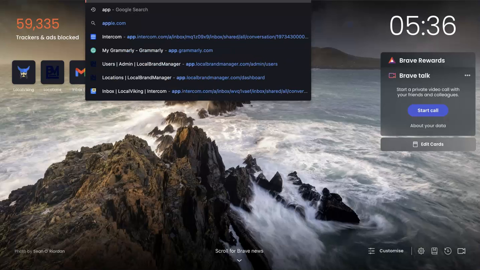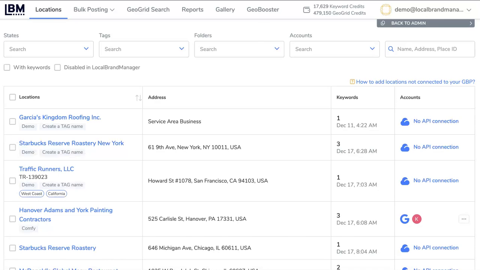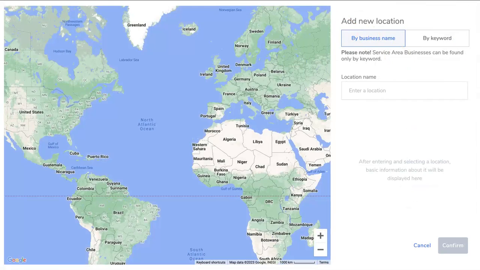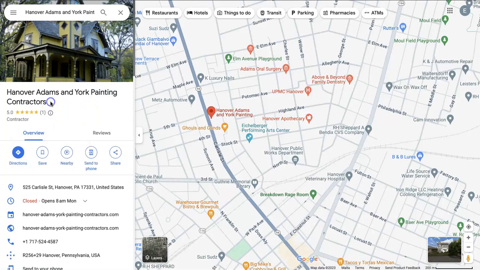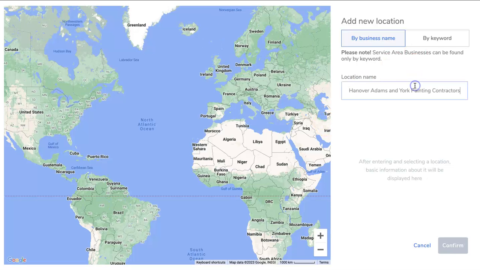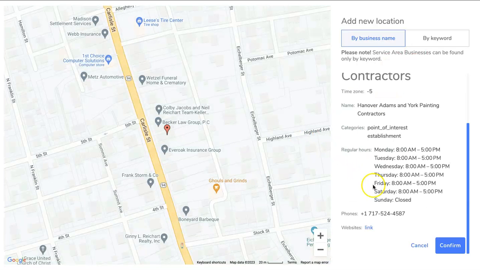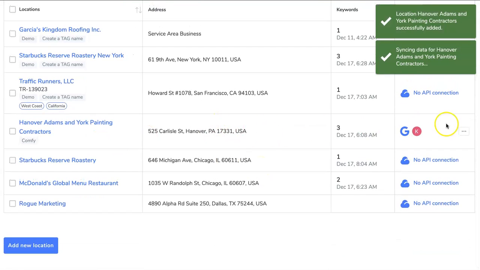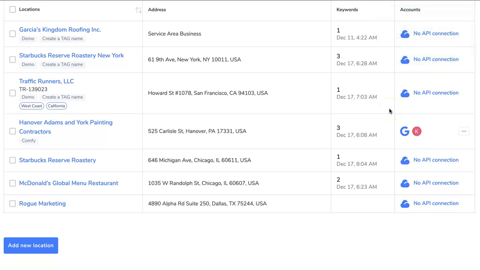The very first thing, I'm going to log into Local Grid Manager or Local Viking, and I'm going to go to locations, and then you have to find this location and add it manually so I can run audits and geogrids based on this. Okay, I have this location as